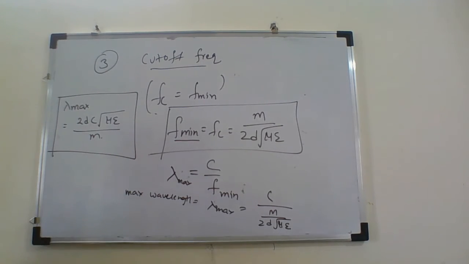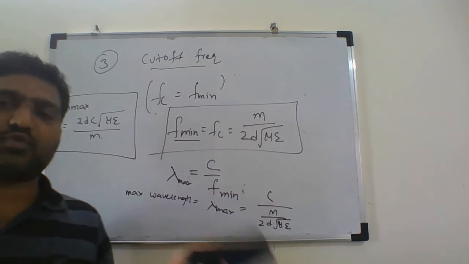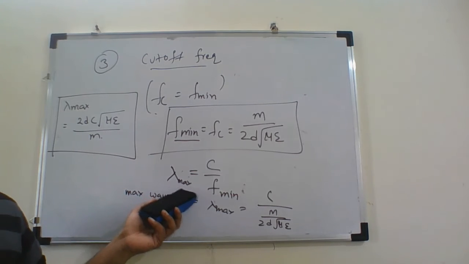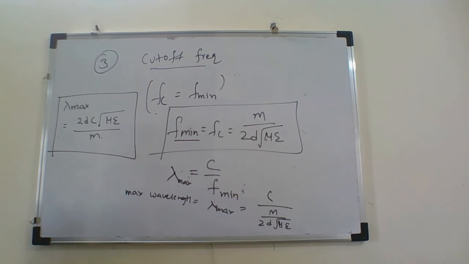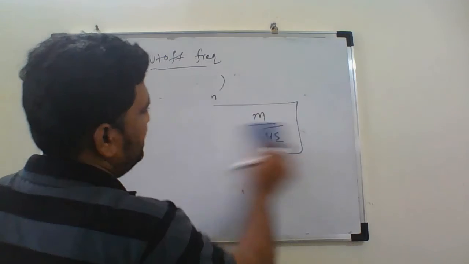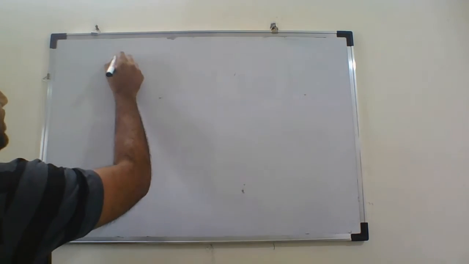this is the wavelength beyond which, if the wavelength of the signal is more than that, then it cannot pass. The other way, if the frequency is less than this f minimum, it cannot pass. So either way, these are the two expressions for lambda max. Then the next property, the characteristic parameter that I have,